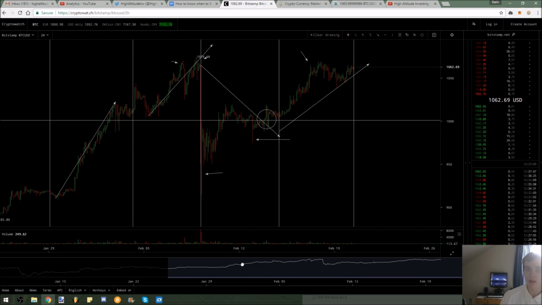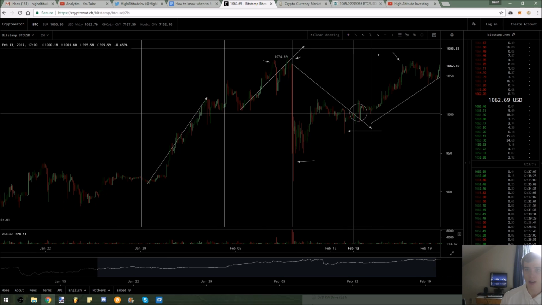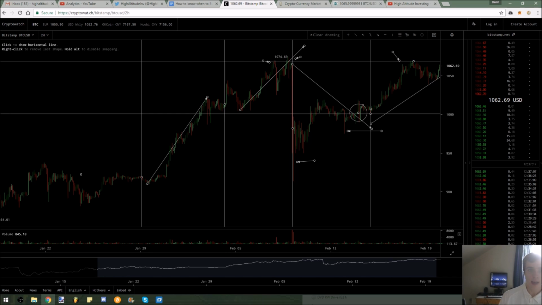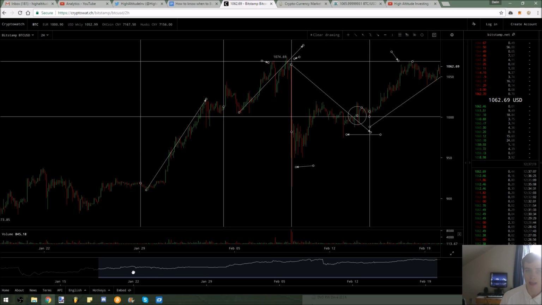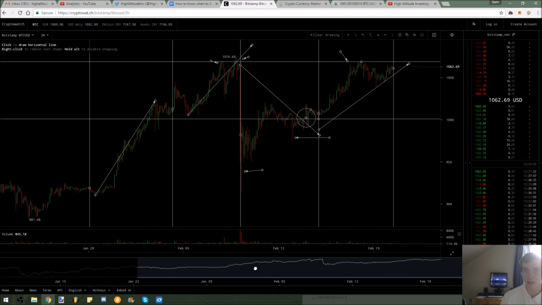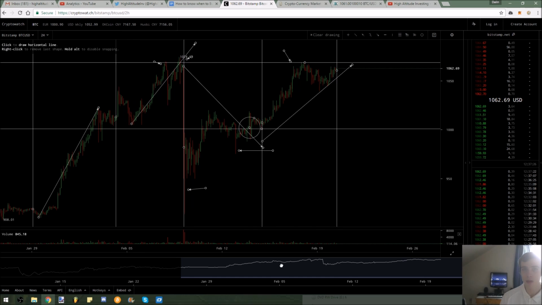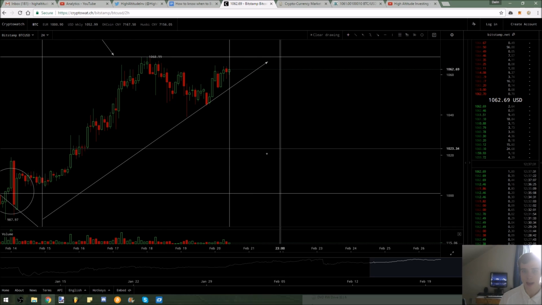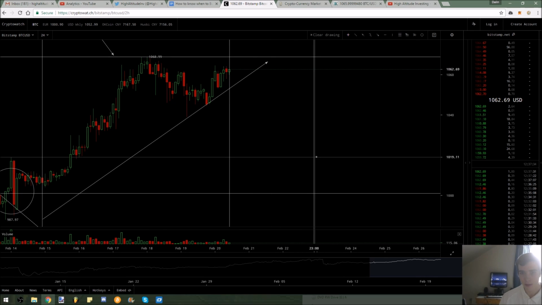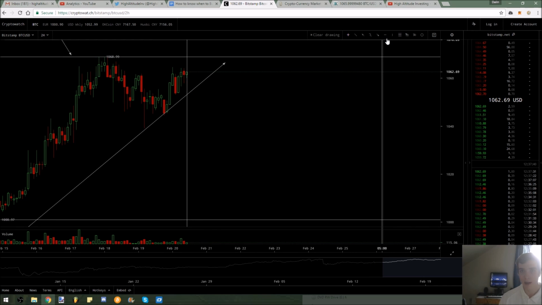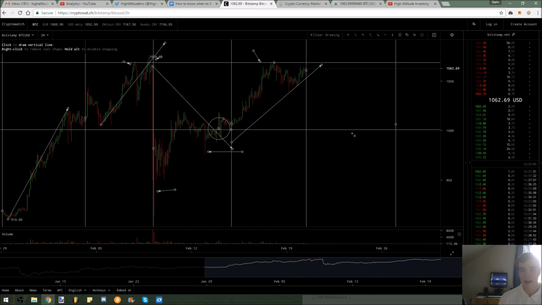So you can statistically assume that because Bitcoin is at a high price, looks like it's hit a resistance level right here, and it's been trending up for a little while now, then we can expect it to come test more important support levels. And since I'm doing a 1-week trade, I only need to worry about a week from now. So let's count out our days. 1, 2, 3, 4, 5, 6. So that would be February 27th. I'm going to put a vertical line there. Now on February 27th, we